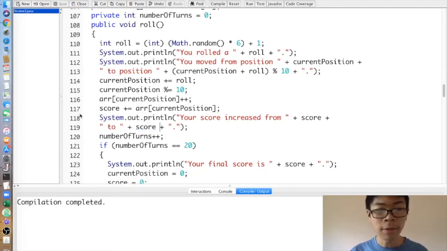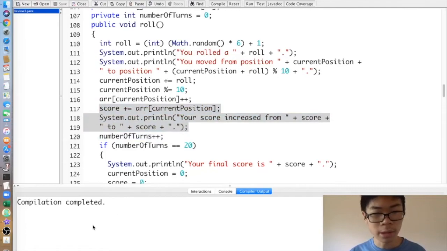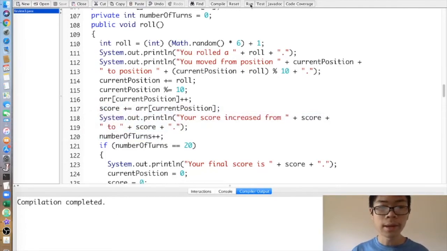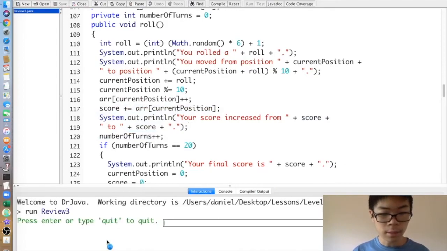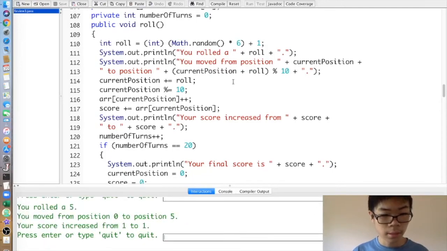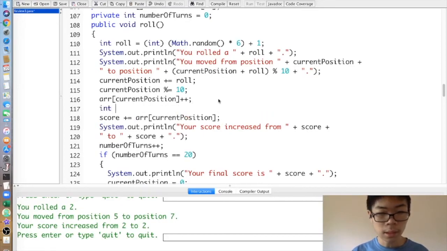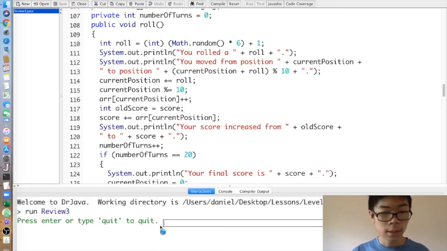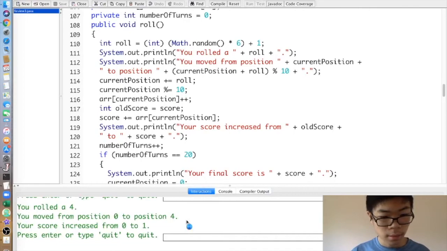So that's an example of how I can see that my program doesn't exactly work, but then I take a look at my code and realize the problem. So quit works. Enter. Enter. My score increased from score to score. That's a problem. So int old score equals score. Then I can say my score increased from old score to score. So now enter, enter,